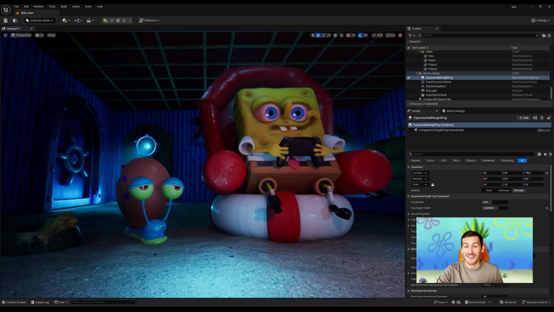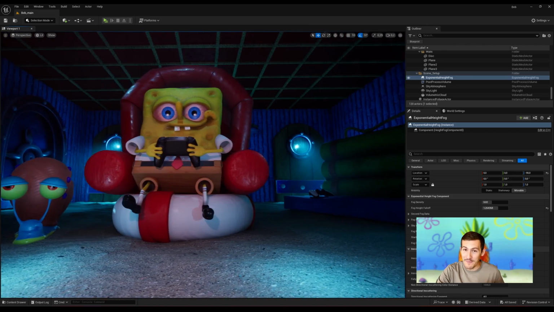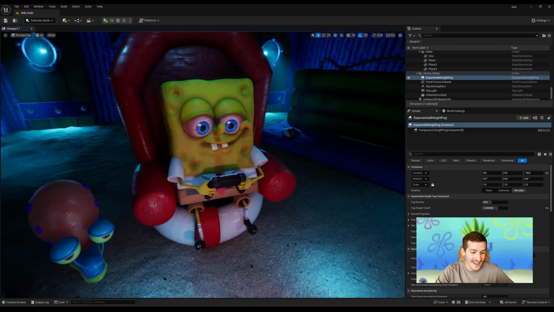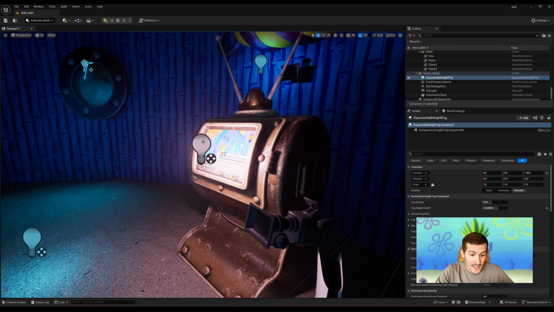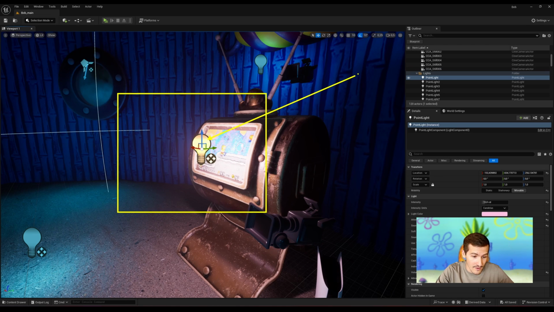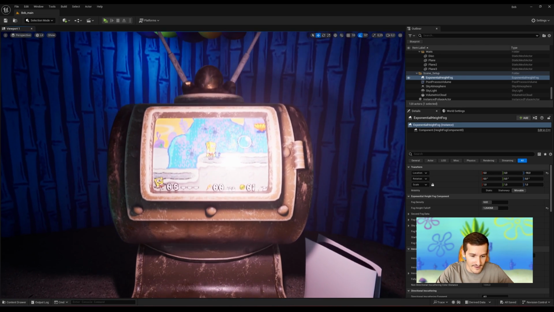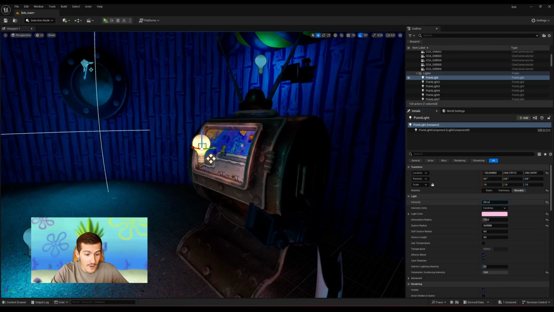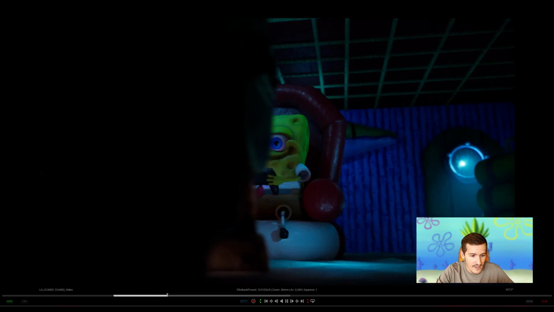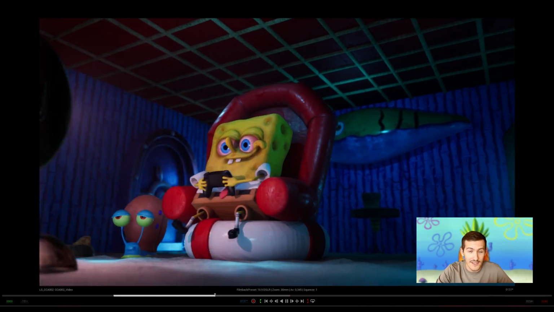Let me show you. For this occasion, our friend SpongeBob SquarePants invited us to his place with his friend Gary for a video game session. Isn't that great? Here, we'll take an example of a point light which will serve as a light source for the TV present here. If I were to do this manually via the details panel of our lights, the desired effect here is this. A variation in intensity that will create this dynamic and lively effect of the TV displaying the video game our friend Bob is enjoying.